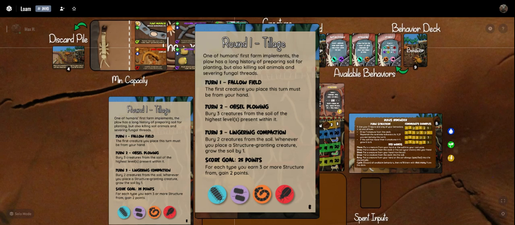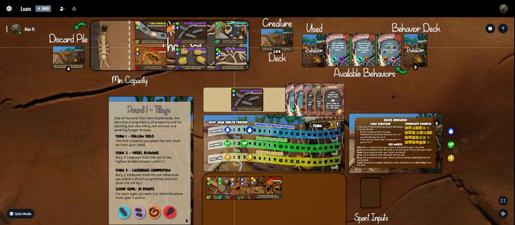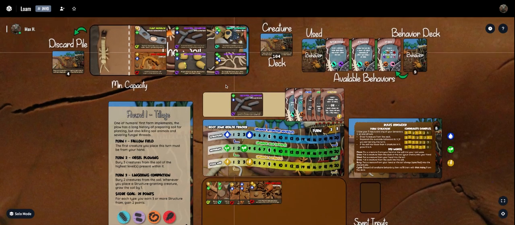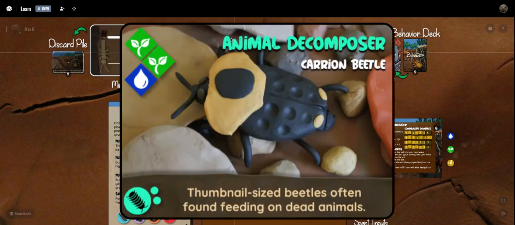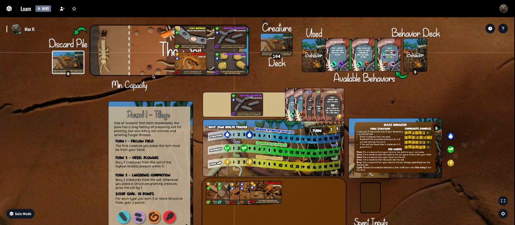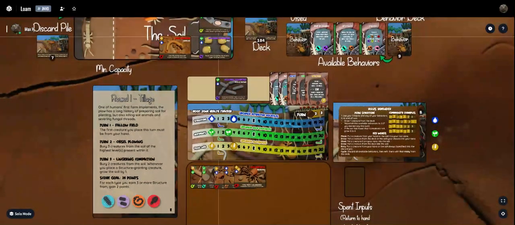The plow is actually coming through, and it is apocalyptic. So I have to bury 3 creatures from the soil of the highest levels present within it. Which basically means I have to bury 3, but I have to start with the highest level creatures. So unfortunately, this nice level 3 microbial decomposer has to go. This level 2 animal decomposer has to go. And then I can decide which one here to bury. I guess I'll bury this microbial decomposer because there's some repeats. So soil's not looking so hot right now,